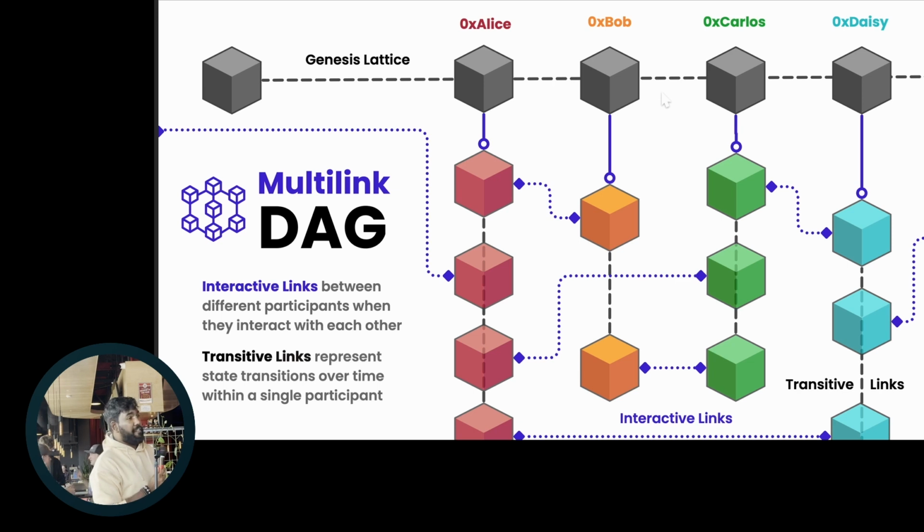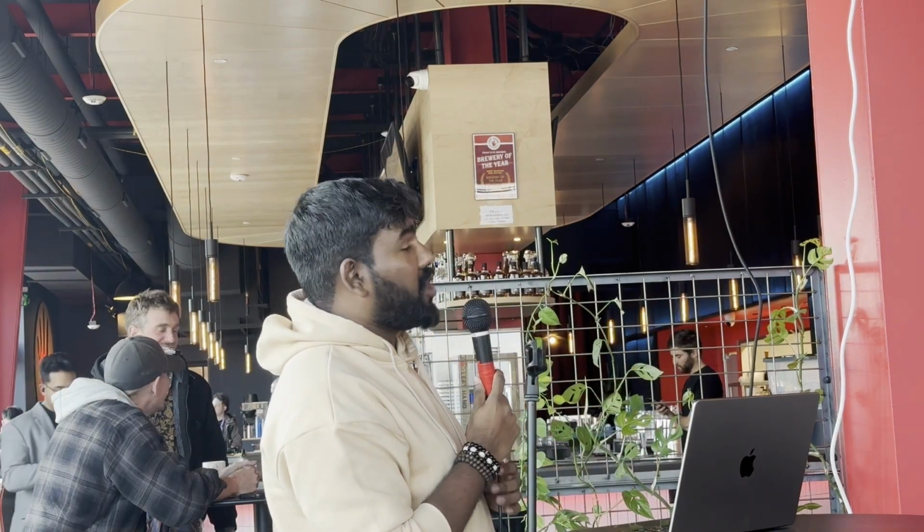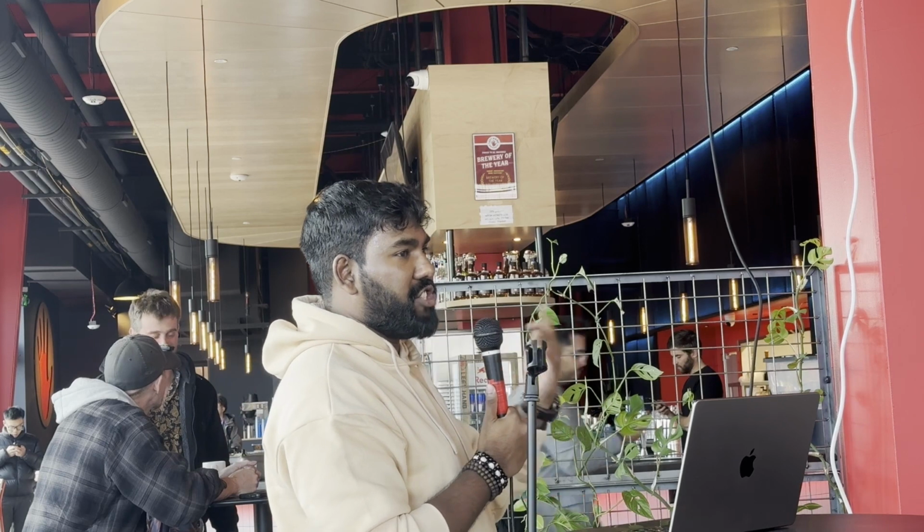And if anyone here has really modeled data structures before, you can spot a problem here immediately: the whole security of the blockchain relies on the height of the blockchain. We've all added chain state on top of each other. The number of confirmations kind of secures the blockchain more and more over time. But here, because every participant has their own chain, you're going to end up with a lot of shallow chains. Not every participant is very active. People only use 4 or 5 transactions a day, maybe max, right? So the number of transactions on an individual participant is going to be quite shallow.